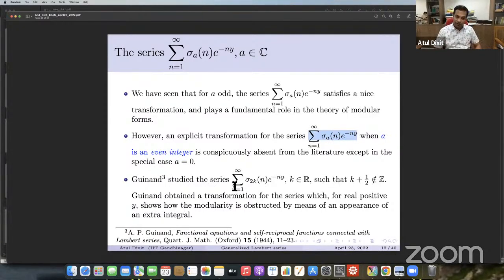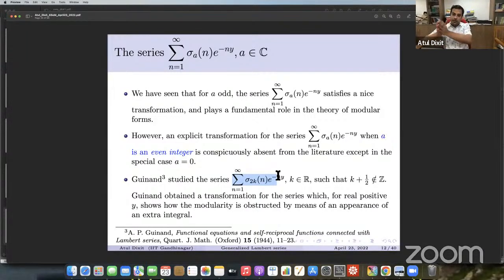Guinand himself worked on the summation of sigma sub 2k of n e raised to minus ny for any real k, but such that k plus half is not an integer. If k plus half was an integer, 2k would have been an odd positive integer or odd negative integer, and for that, we already have information through Ramanujan's formula. So he takes k plus half not equal to an integer, and then he has a transformation for this series,